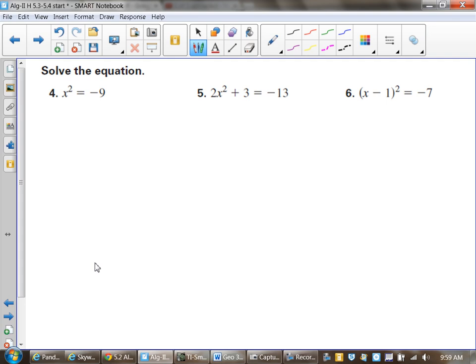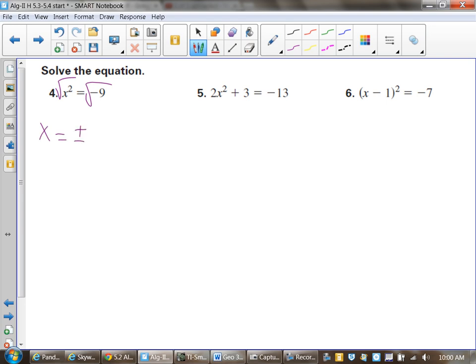If I look at number 4 up here, it says x squared equals negative 9. So I have nothing left to move around on the left-hand side. I've got x squared, so I have to undo squaring. Once again, how do you undo squaring? Okay. So I took a square root over an equal sign. What do I have to write? Very good. So when I take the square root, I get x equals plus or minus